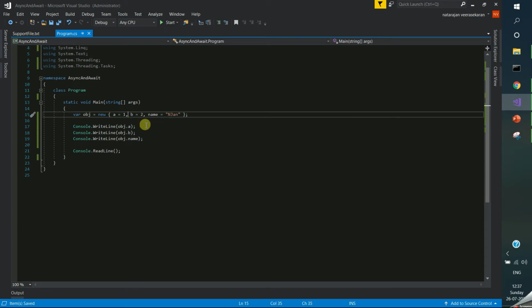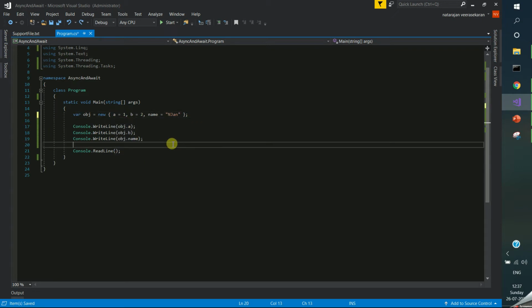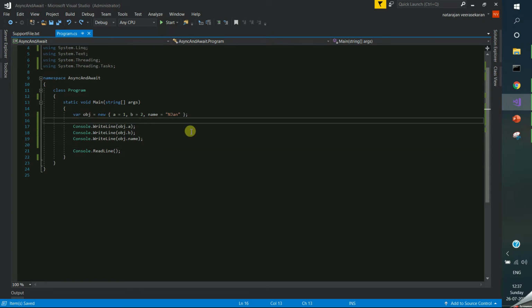Also, all the properties are separated by commas. You could not use a semicolon here. Also here you could not assign null, because this property type is going to be taken from the value at runtime. So you should not assign null. Also, for example, you could not assign any anonymous method here. For example, I am declaring one variable and assigning the delegate method here. You should not assign it.